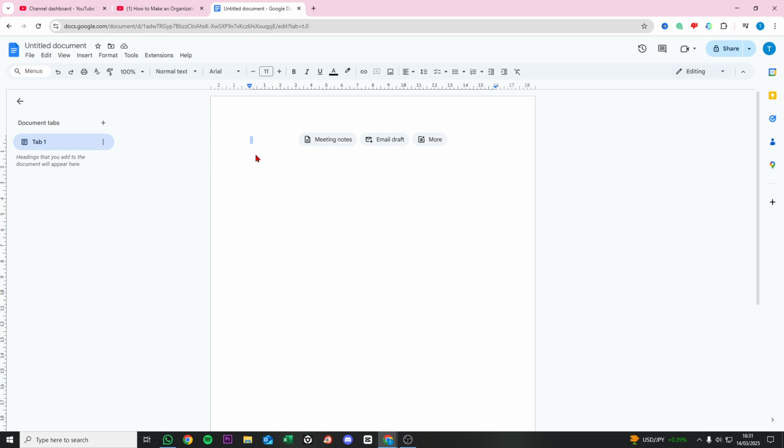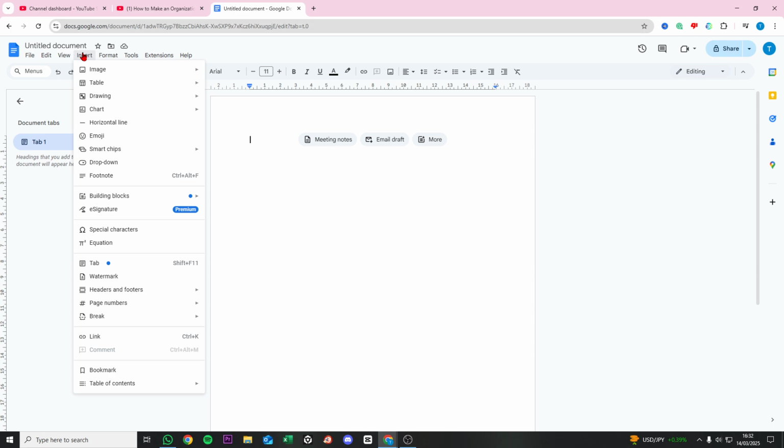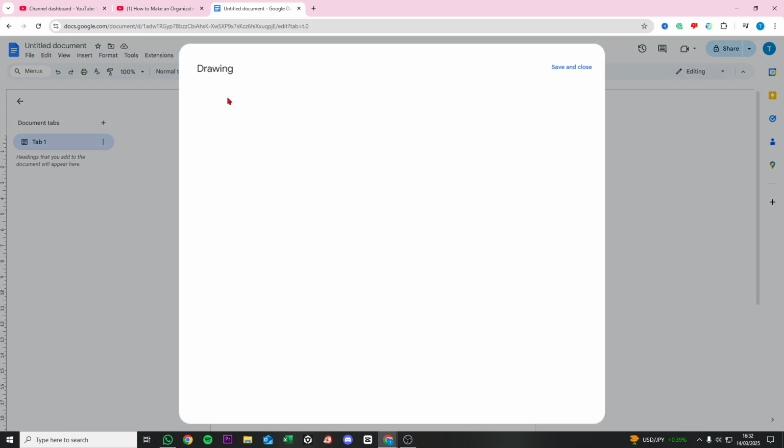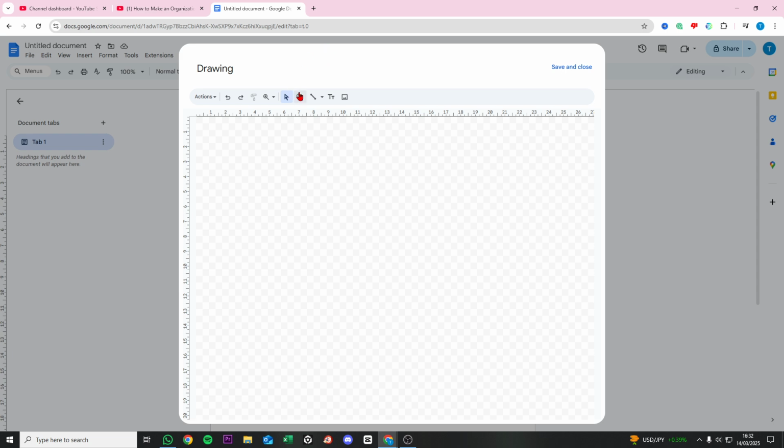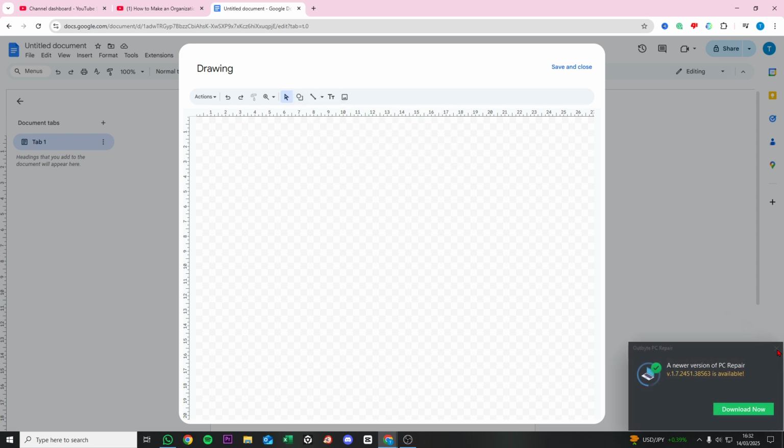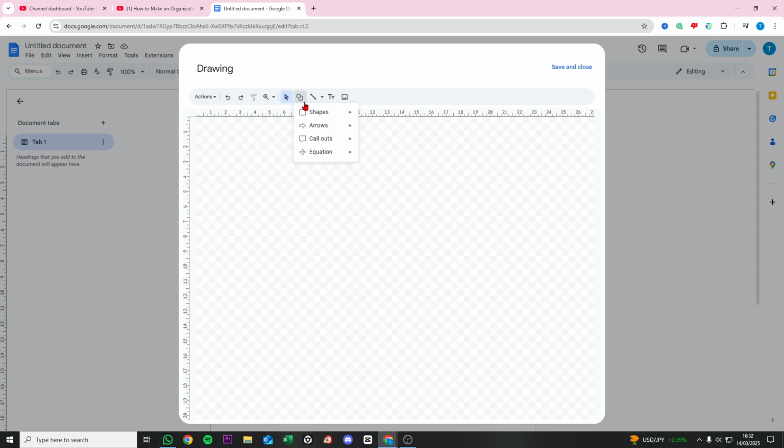Google Docs. And this is very simple. First of all, open a Google Docs, go to Insert, go to Drawing and click on New. Then right here first we need to draw a rectangle. So what we need to do now is click on Rectangle, Shapes, Rectangle, and please create a rectangle that you